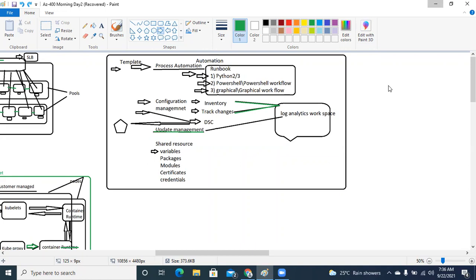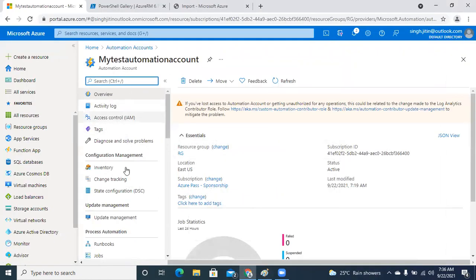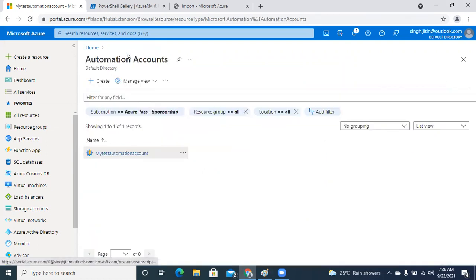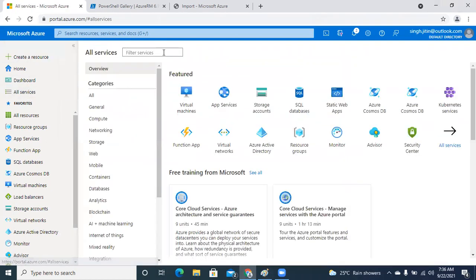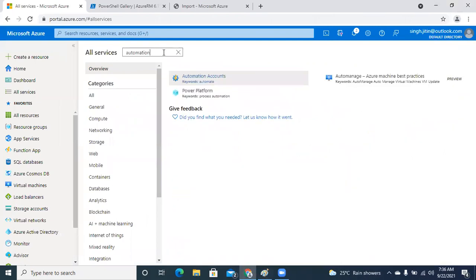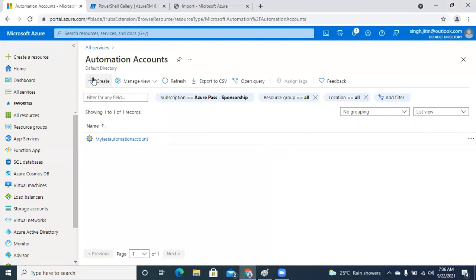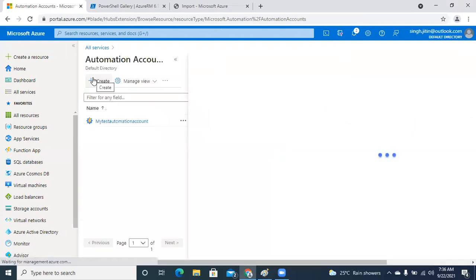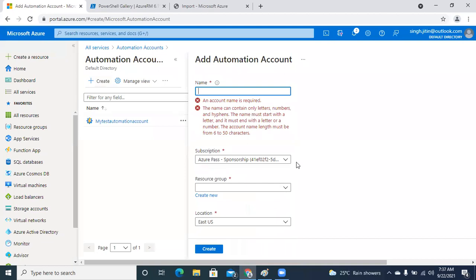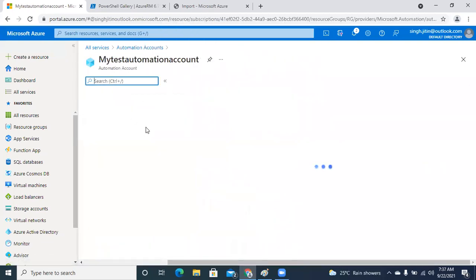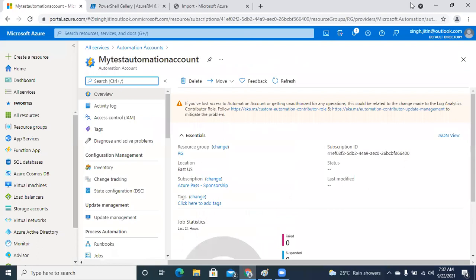Now, in order to use this particular automation account, I have just created this automation account over here. How to create an automation account? Go to all services, type automation account, and name the automation account, and we will be able to create the automation account as well, right? Just click on create, give a name, select a location, and we will be able to create an automation account over here. I have created one already just to save some time over here,